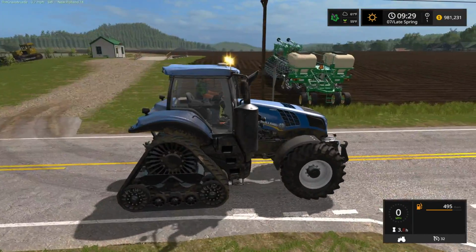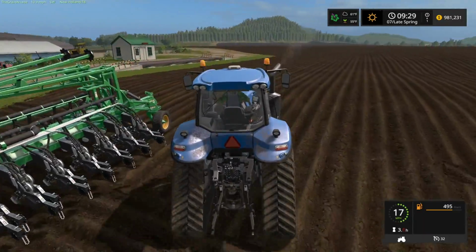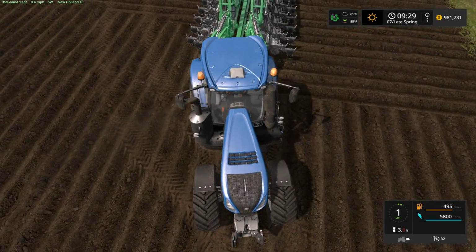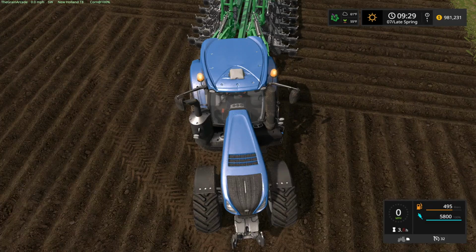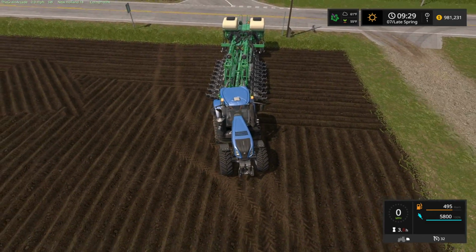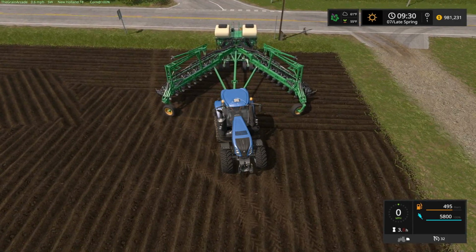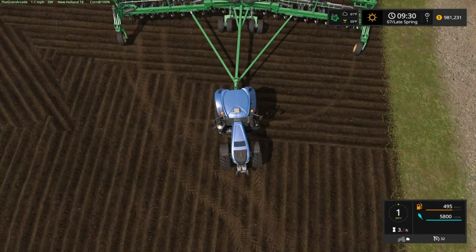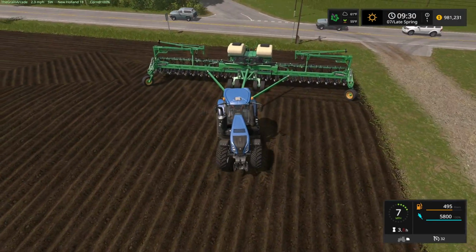Hey, we're back here at South Mountain Creamery, and we're going to start planting. We're going to get our corn in the ground, and I think I've already fertilized this field, haven't I? Or have I? I have not, so I need to fertilize this as well. I may hook that fert up to that other tractor and let him fertilize it, because this thing does not fertilize. I've always wondered why. Does the other tank on the other side hold seed too? I always thought one side was seed and one side was fert, but both of them must be seed